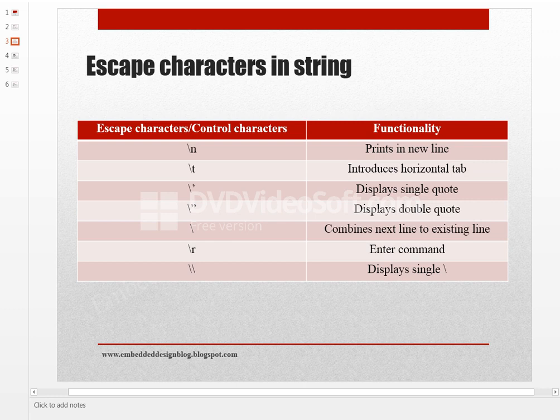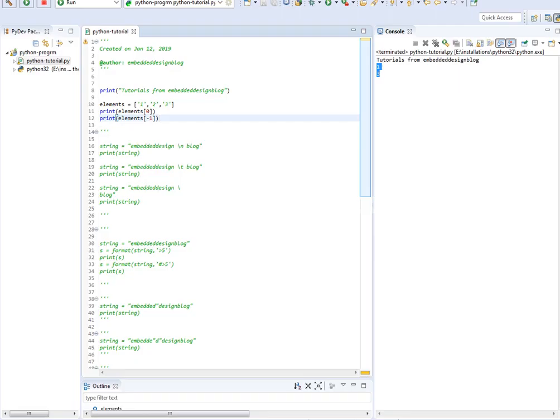Now if you see the program here, the same thing, we'll just try to remove the comments. These are called documentation strings. Now we will talk about this one. Here we have declared a string variable, embedded design, and then there is a slash that is being introduced. In the second one we have introduced \t, and in the third one we have just put a slash and written the string in the second line. So we'll see what happens when